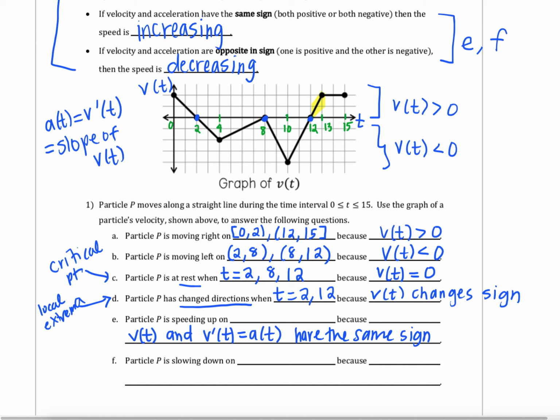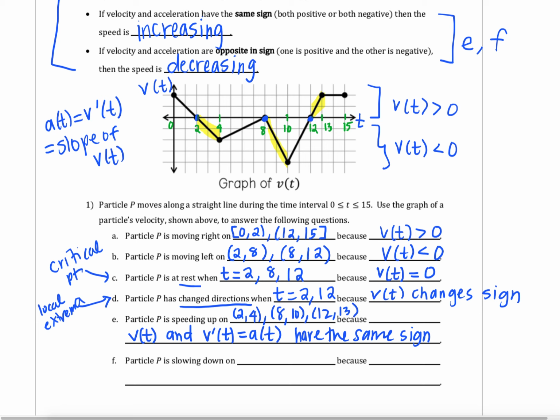Now, if we look for the case where both velocity and acceleration are negative, we're looking for first where we're below the x-axis, because that's where our velocity is less than 0. And then I'm also looking for where the slope of this graph would be negative. So that's happening from 2 to 4, as well as from 8 to 10. So at all three of those times, and I'm going to list them in order here, 2 to 4, 8 to 10, and 12 to 13,